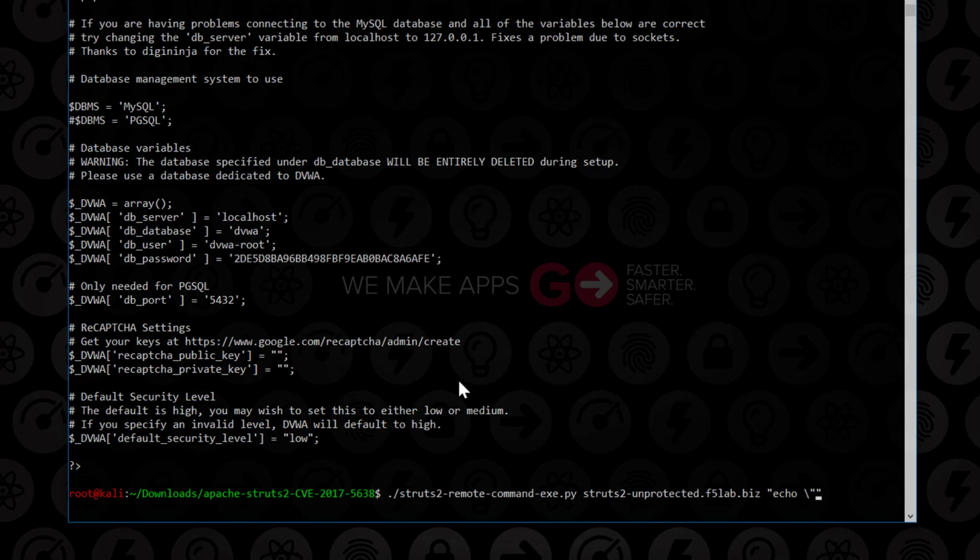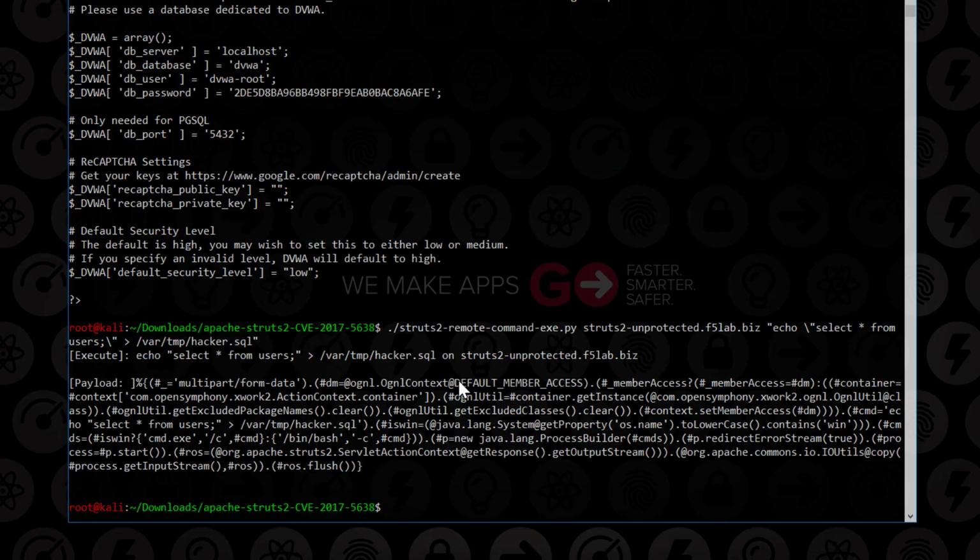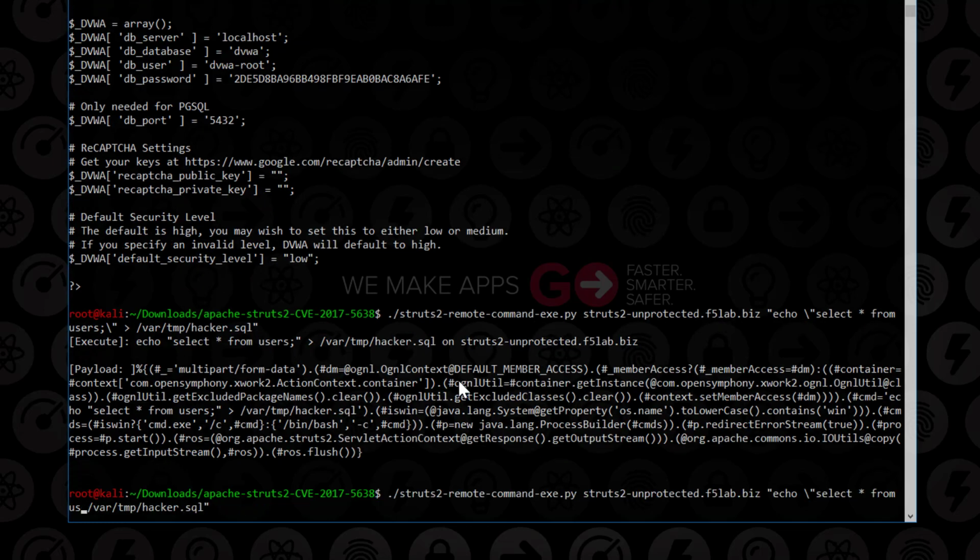So if we wanted to go and pull information from the database, we can now just execute some commands. So here what I'm doing is setting up a text file in the temp folder. It's just going to have my information. If I want to get, say, the admin user's password from this, I can do a select star from users. I pipe that to a file, and then I can now run MySQL with the username and password that I've got from my config file